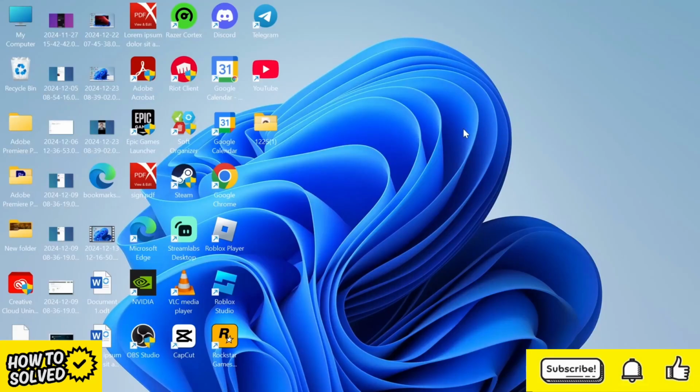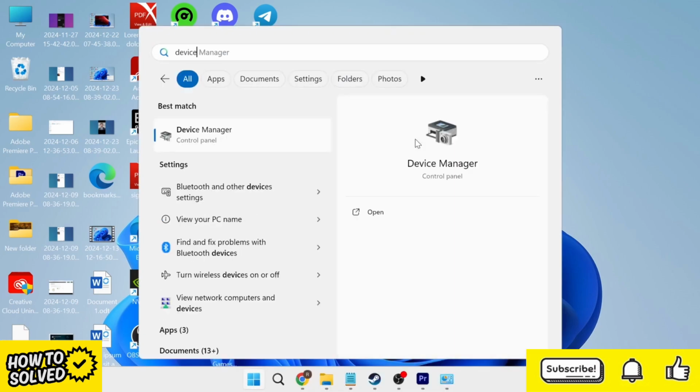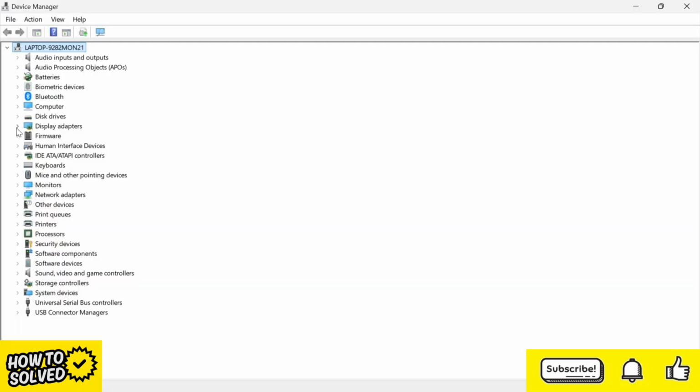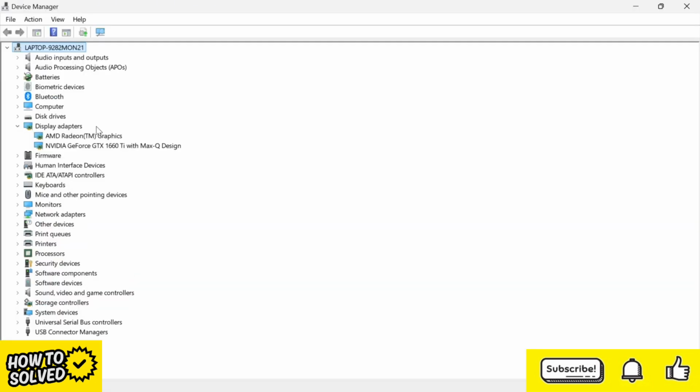In this video, I will show you how to fix AMD Error 182 on your Windows computer. So to fix this, you need to head over to your Start menu and search for Device Manager, and then we're going to click on the Device Manager window. Come down to Display Adapters and expand this drop-down menu, and then right-click on your AMD graphics card and click